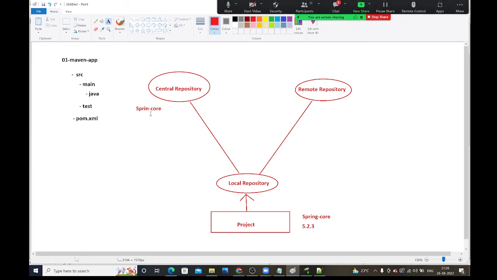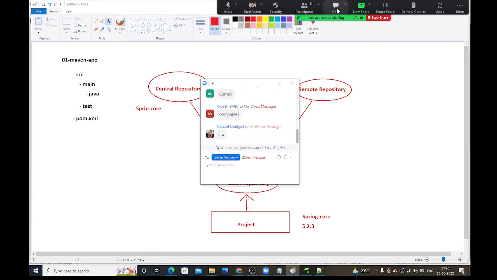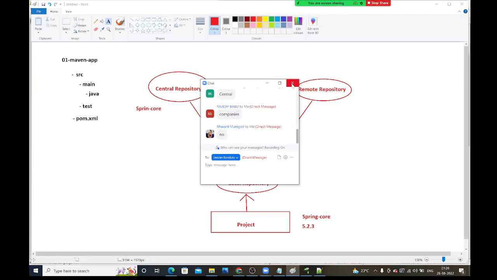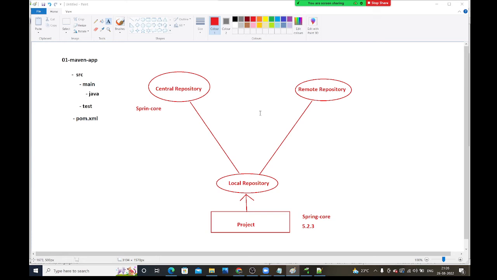Unfortunately, they made some changes, but no one will inform you. They didn't inform you, guys. So, will your project work? No, your project will not work. So that's why in companies we should not download from the central repository. We should download from the remote repository. Suppose you take Spring Core